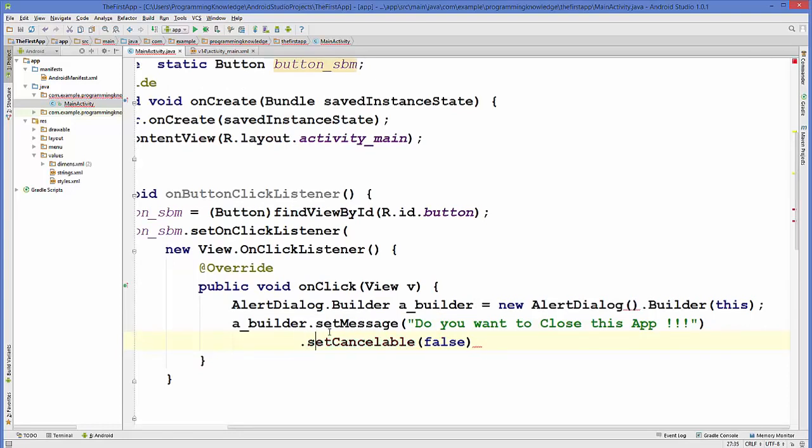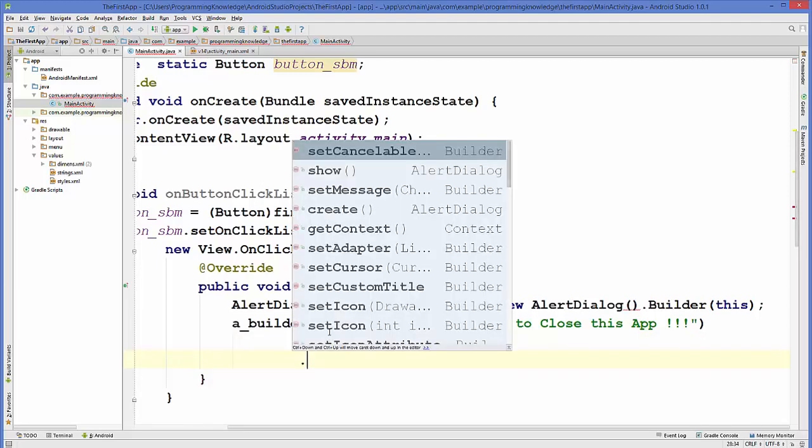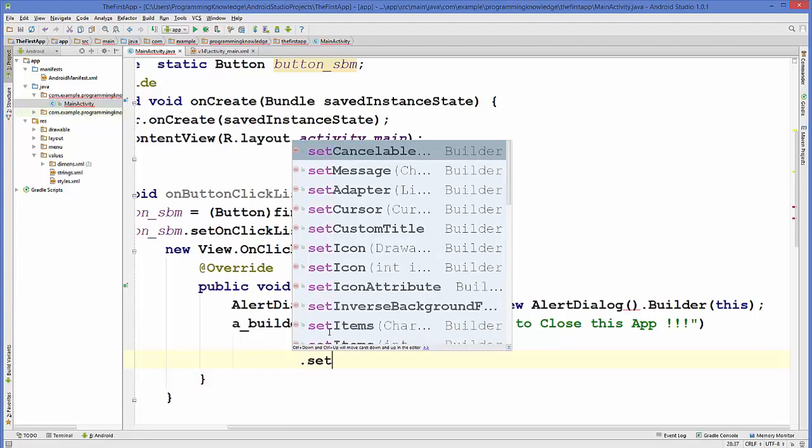And then after this we have set the cancel button to false, and then now we are going to set the positive button, for example yes. If in condition, if that condition arises that we want to display yes or no condition or button on this alert dialog box, then how we can do it. So set